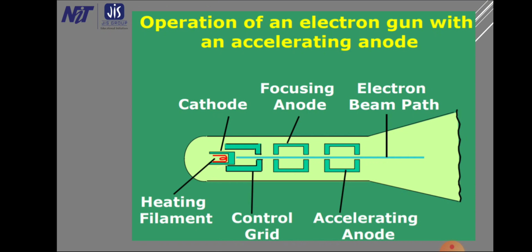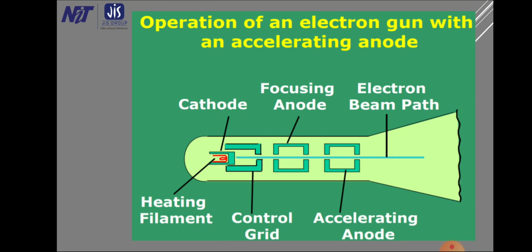Essentially, the focusing anode is responsible for focusing the beam onto a particular point of the screen. It is similar to a lens focusing a beam of light. Instead of focusing light, we are actually focusing the electrons onto a particular spot or point on the screen. So that is the job of the focusing anode. We can say it is an electrostatic lens. That means, unlike an optical lens which focuses light beams onto a surface, in this case it is an electron beam focused onto a screen.